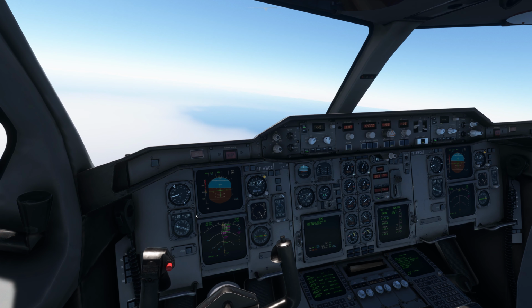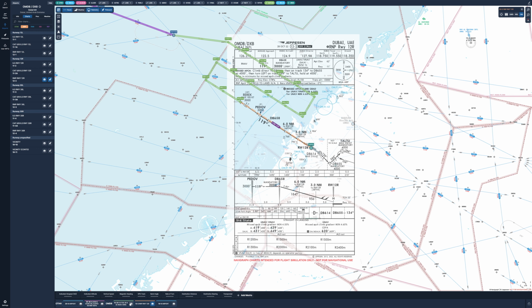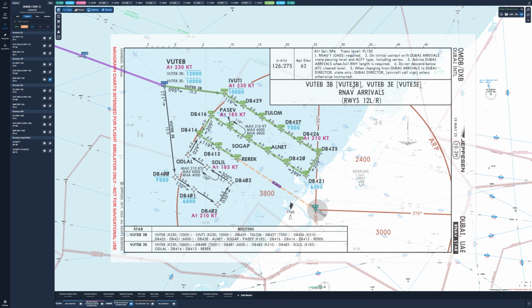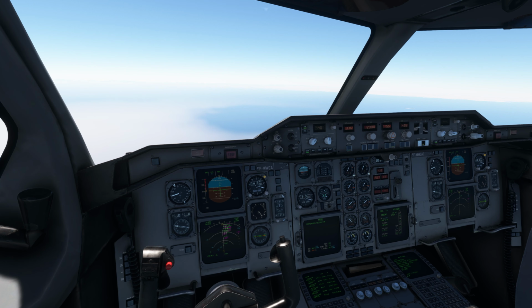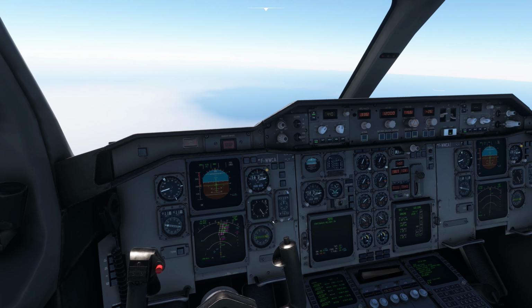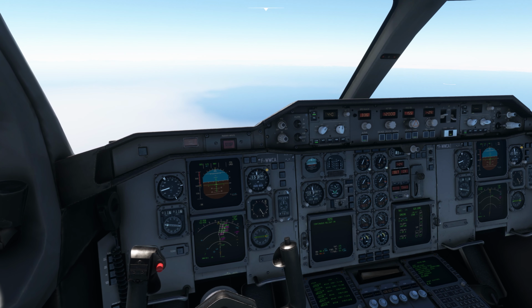And also look at the transition altitude so that I can change the altimeter. If you go over here and open this chart, which is for the STAR, you will see the transition altitude is 150, which is 15,000 feet. Let's also activate the plane so that I can see where the plane is. The barometric pressure in Dubai is 1006. So what I'll do is this: